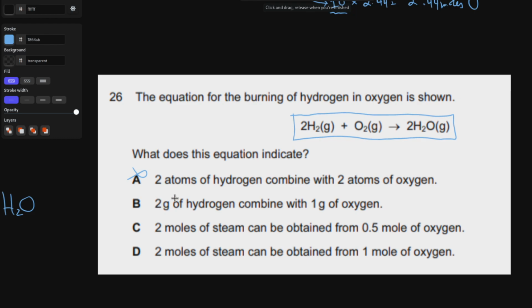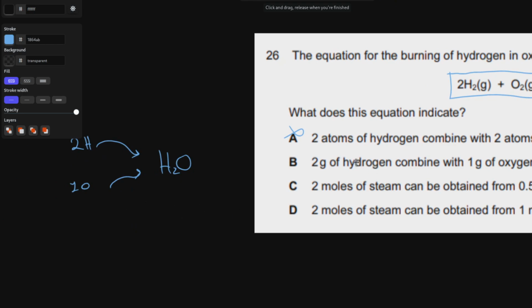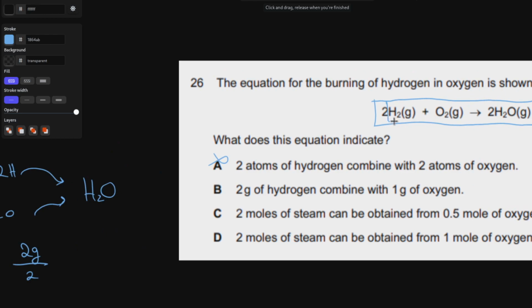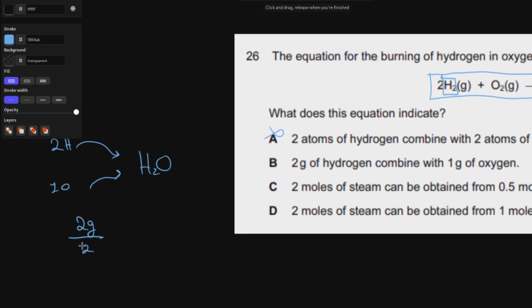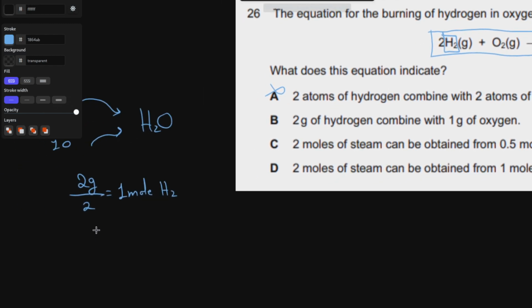So if we were to convert it into moles, let's see what we will get. 2 grams upon 2, the reason why this is 2 is because one particle of hydrogen has two hydrogens, then that means that we will have 2 Mr, we will get 1 mole of H2, all right, and 1 gram of oxygen. 1 gram of oxygen would be 1 gram divided by 16, which is the atomic mass of oxygen, and this will give us 1 upon 16,